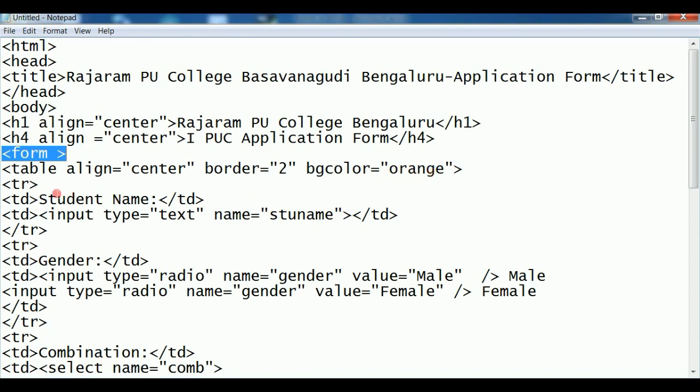Now we have opened a table row. Next I wrote a TD, student name, and I have written the form element, input type equal to text, name equal to student name. I close the TD and I close the first row. Next is the second row. I am writing TR, gender, and I am putting input type equal to radio because it's an option, name equal to gender, value equal to male. Next line I want to write input type equal to radio, name equal to gender, value equal to female. When I write this slash, it indicates it will print in the same line. Now the second table data we have closed, and the second row we close.